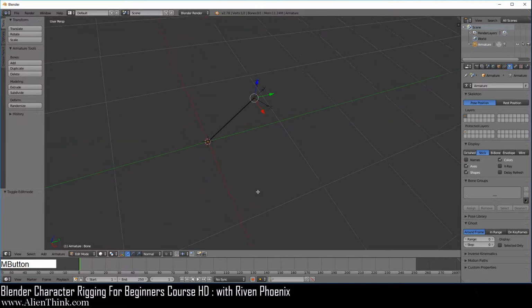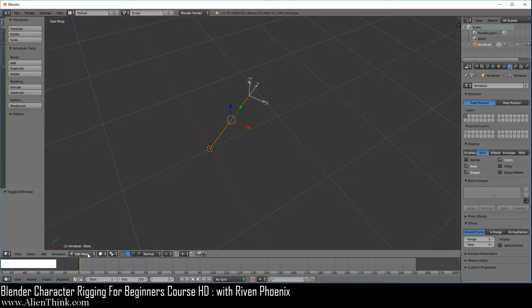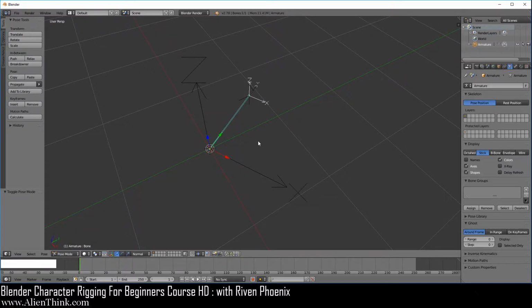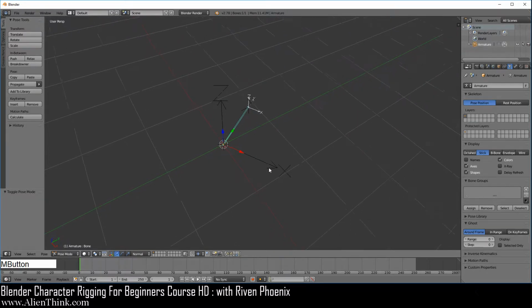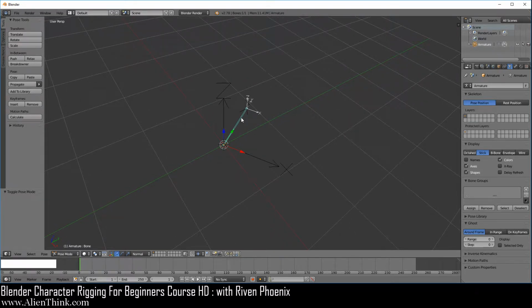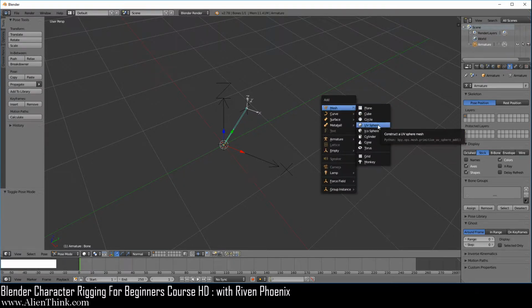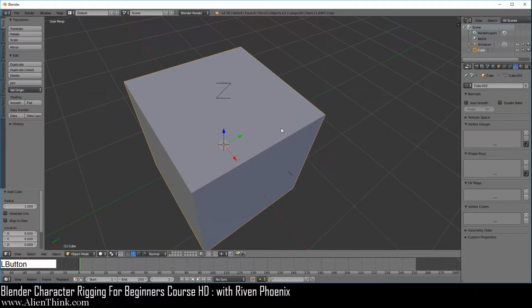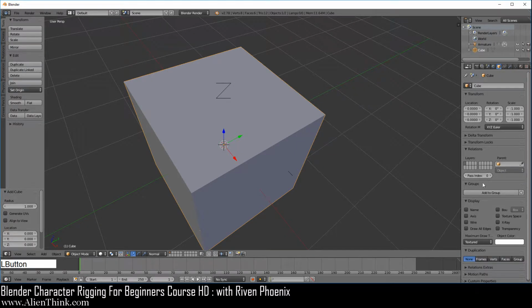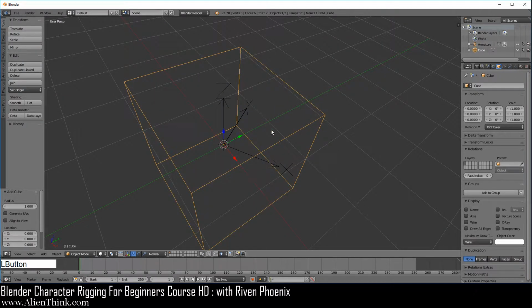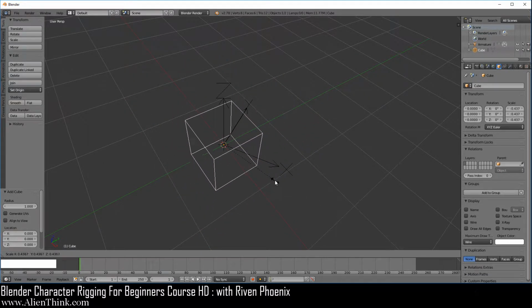Okay, so what we're going to do now is, if we click on the body of this bone and switch to pose mode, this means that if we, let's say, want to add an object over here and make it a child of this bone, where would the connection point go, right? So if you do Shift A over here, let's do it with the cube. It's easier to understand this because we can make it go into wire. Okay, now I'm going to scale this down over here.